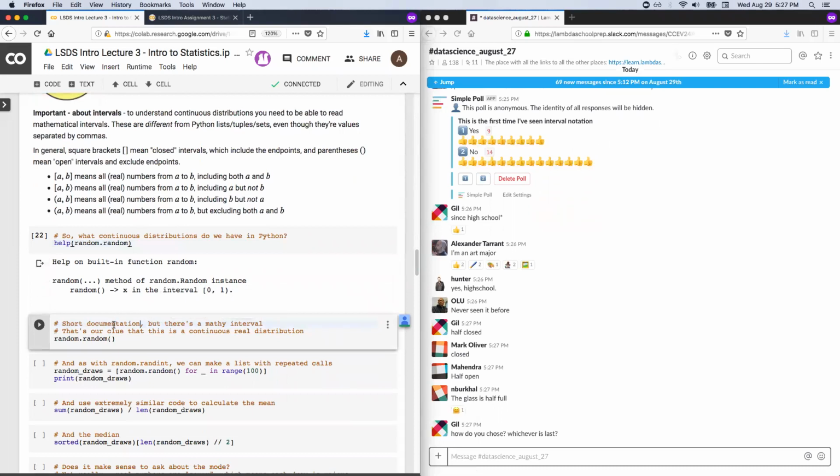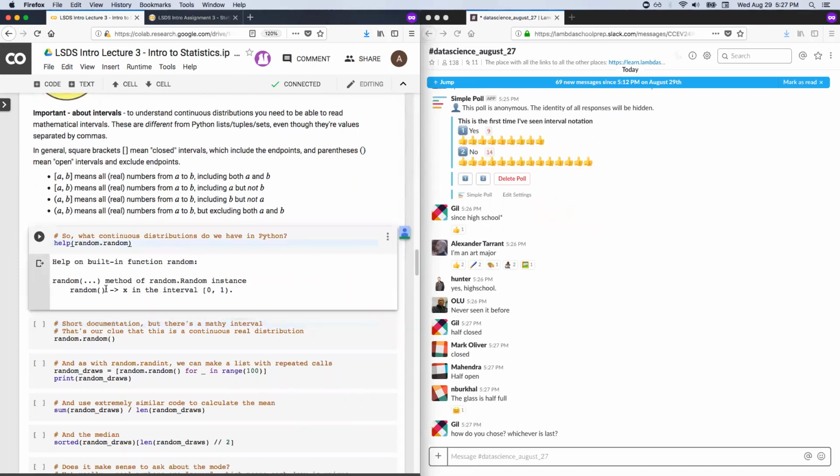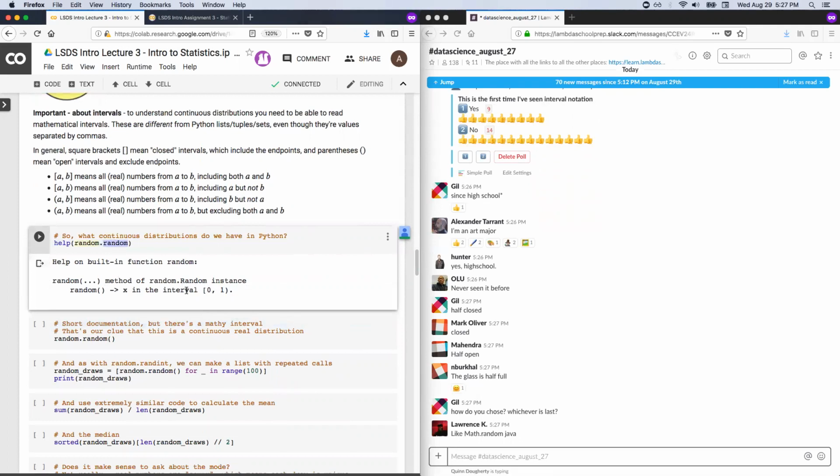And if you look around, a lot of programming languages have some random function that is exactly this, that returns just random numbers from 0 to 1. That might be the only random function they have, by the way. And if you want to get other distributions, you have to do logic to try to transform it.